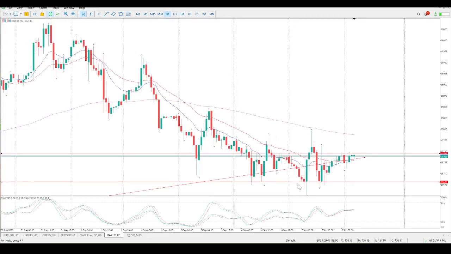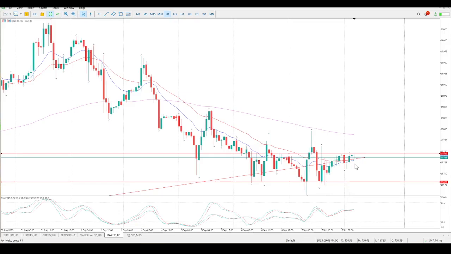So we started off down, as expected, buyers came in, barreled up to the top, got above it, a bit of a trap for those that were waiting there long, and that's why you always wait for the break and then the retest of that level before taking it. This here was people that jumped in long, and then immediately the stops started getting taken out, because people would be moving their stops up. Take the stops, drives momentum, and then we barrel back down to the downside for another retest, and then we just get confused. You can see how this trend line is influencing price at the moment as well. So looking at it on the hour, there is no opportunity here.